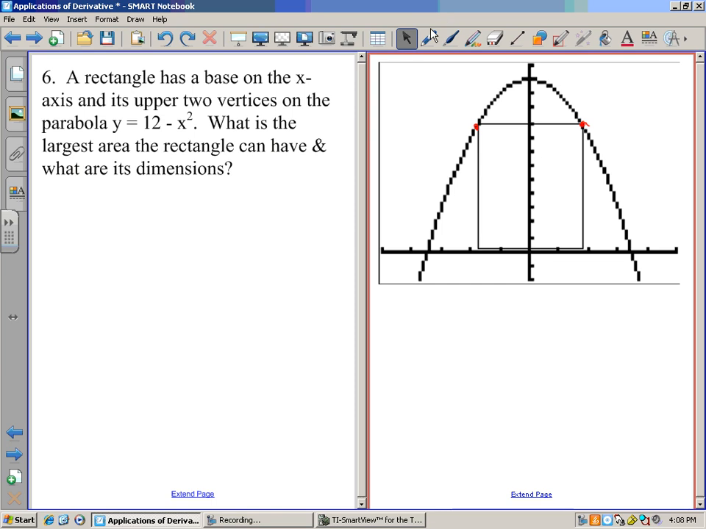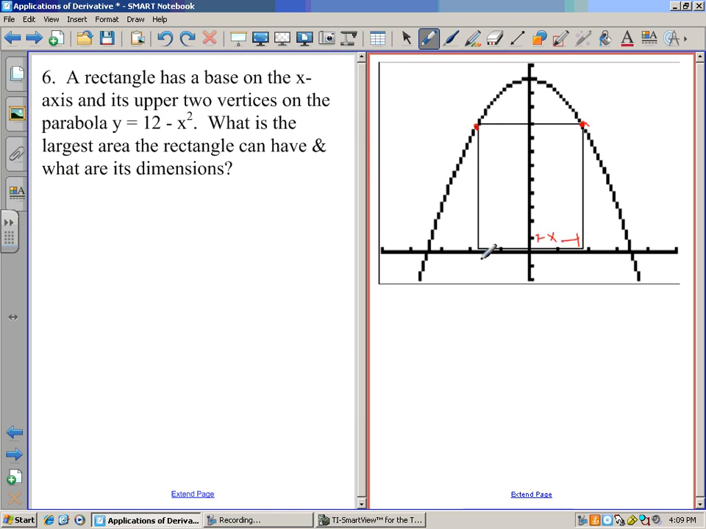Well, let's follow the steps. The first is to understand the problem. The second step is to draw a picture when we're creating our model. The third step is to assign variables. So I am going to be smart and call the x-axis variable x, okay? And that will be the distance from 0 to one vertex of my rectangle. Now, if from here to here is x,